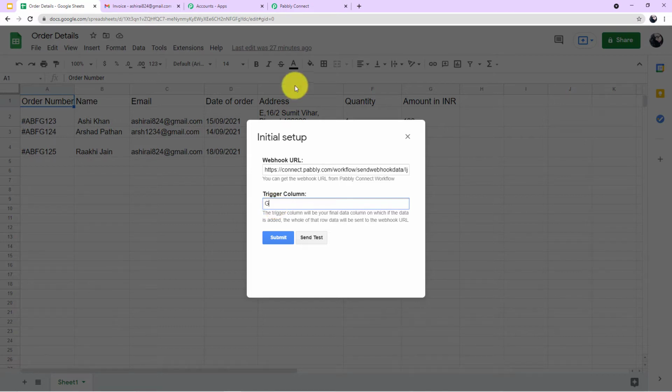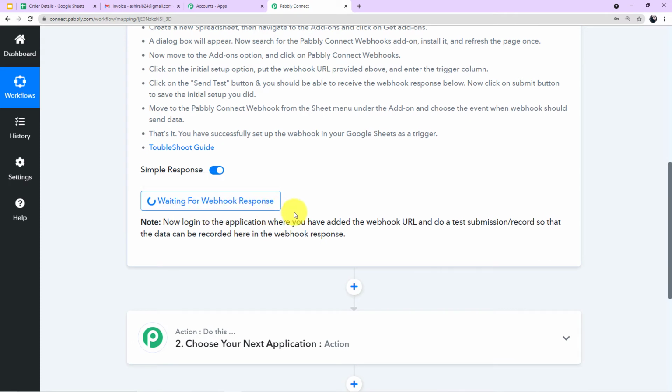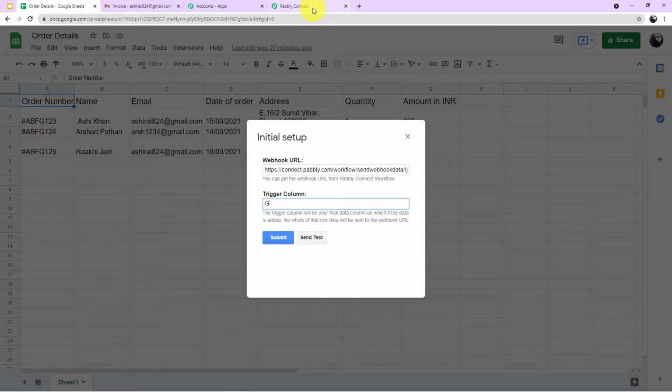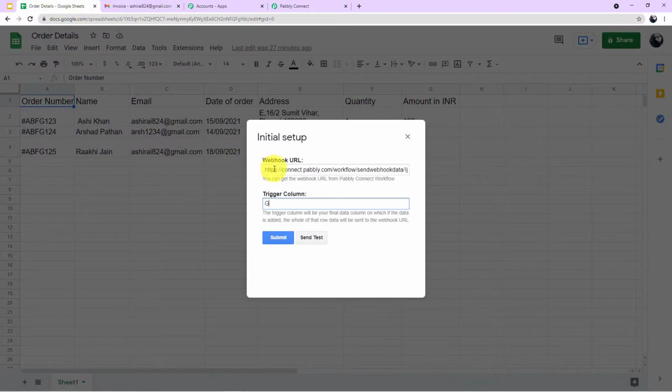Now in Pabbly Connect, you can see it is showing waiting for webhook response. That means it is time for our second step, which is to bring the data from your Google Sheet to here in Pabbly Connect. Alright, so in Google Sheet, after entering this, you can see these two buttons. When I click here on send test, it will deliver the data of the first row that we have in Google Sheet to Pabbly Connect. So I'm clicking on it,